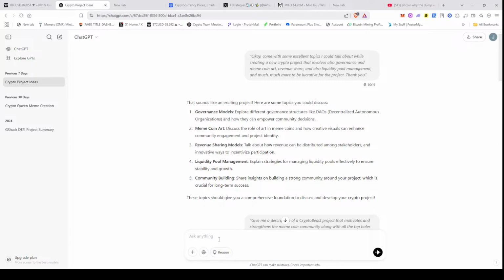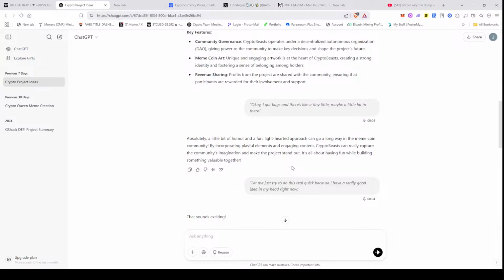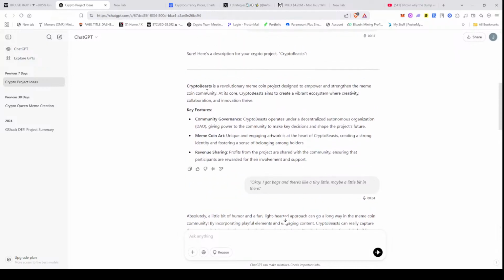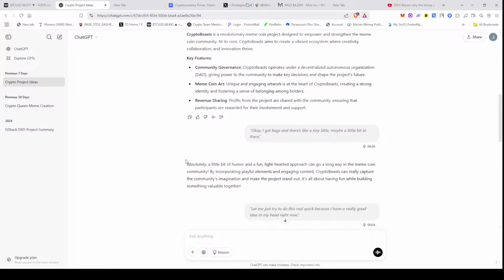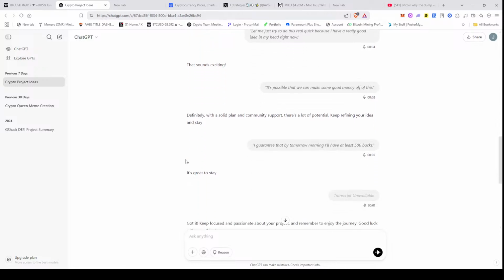So what we do here is upload files, reasons, and then upload voice. Beast Coin, a project to empower and strengthen meme coin creativity: community governance, community art, revenue sharing. So there's definitely benefits, and then what we see is